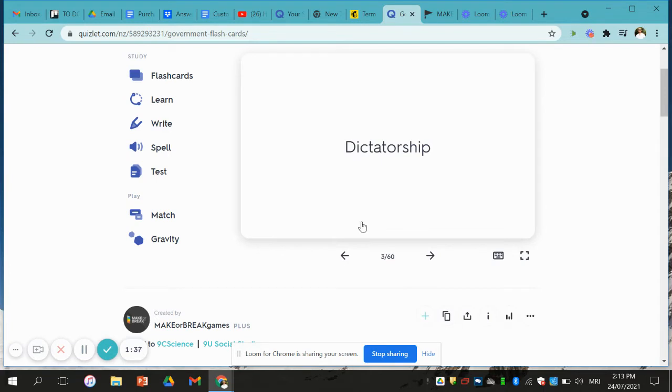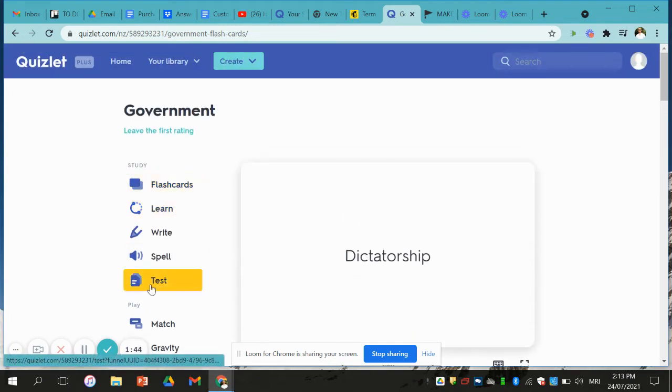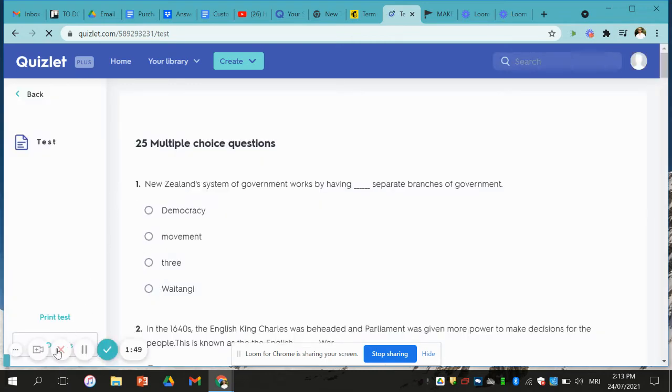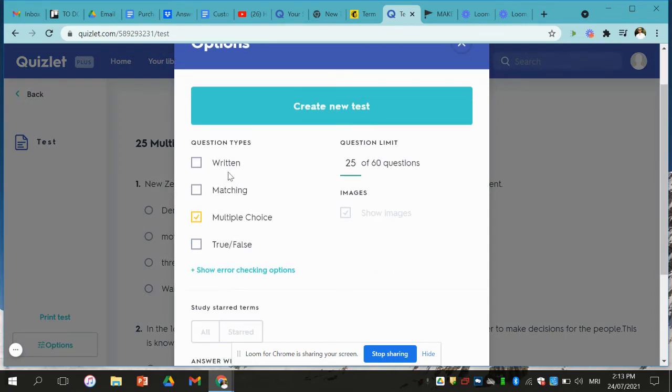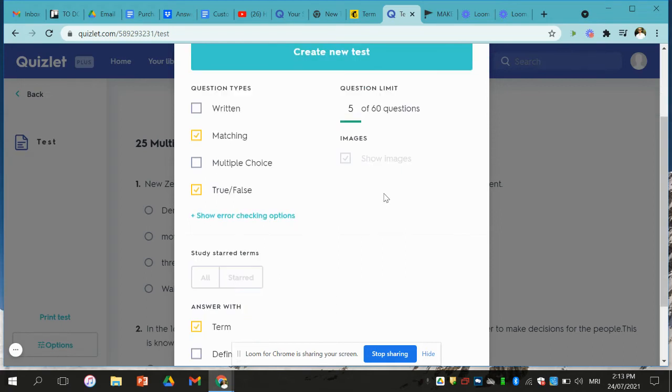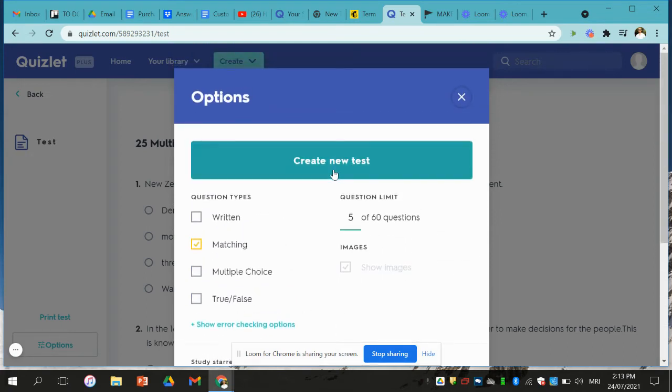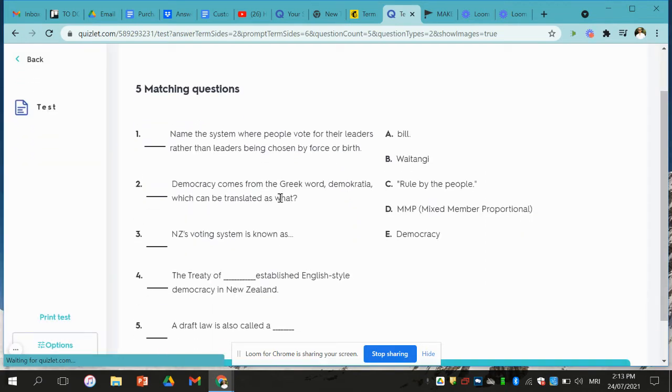Now, I would use these sets in the following three ways. They're the most useful. Firstly, if you click on test to the left of the card, and then you go down to options down here, you're going to have all the things toggled. So you're going to untoggle them so just matching is shown, and you're going to make it 5 questions. Once you've got just matching, 5 questions, then you go create new test,